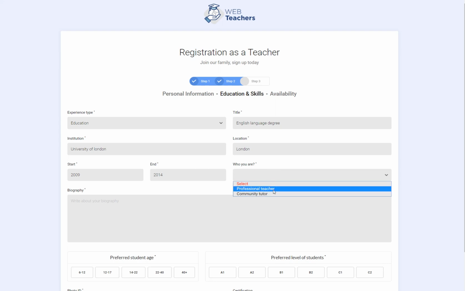In here you can choose if you're a professional teacher or community tutor. In this case, I'm a professional teacher, but perhaps you were born in USA and you have not done this before, but your English is fluent and you know it. Perhaps you just wanna teach for fun or to earn some extra bucks, then you would choose a community tutor. I'll click that I'm a professional teacher, as I have a degree in English language. In the next section,